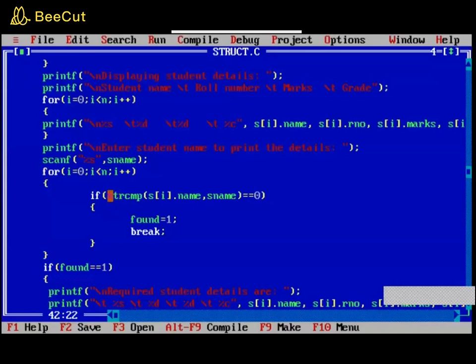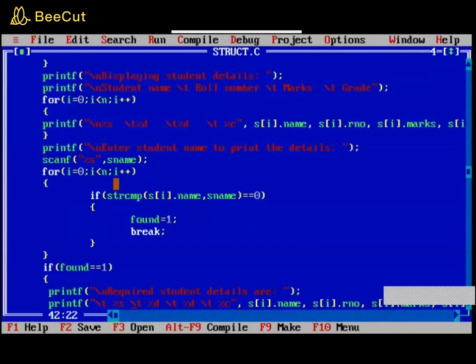So we have already seen the string comparison function in the string, right? String compare, string reverse, everything we have seen. So string compare, what was it doing? When we enter two particular strings, it will match both of them and give the result. How was it doing that? It was doing it through the ASCII values, right? It was taking the ASCII value of the first character, then the ASCII value of the second character, matching both of them. If both match, the result is 0. Then again going to the second one, checking both of them. Like that it was doing it, right?